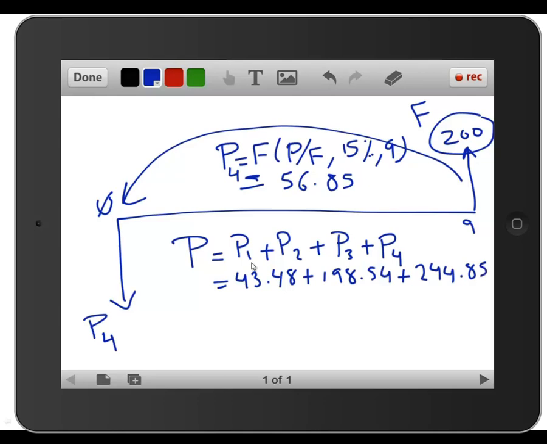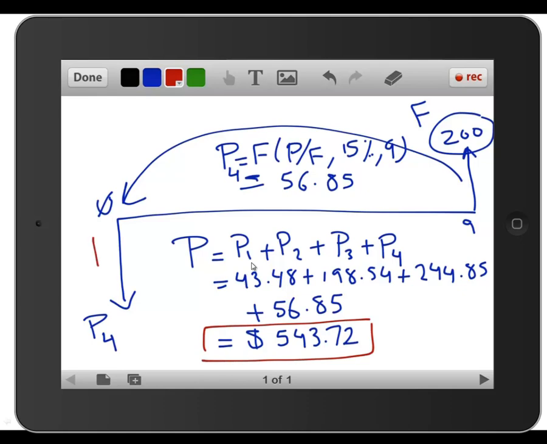And P number 4 is equal to $56.85. Adding these values together should give you $543.72,